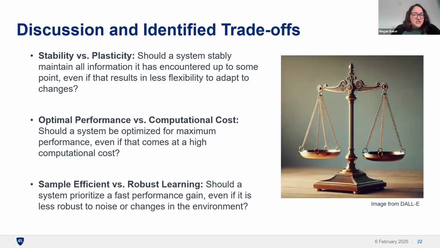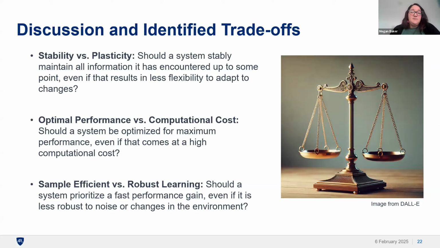So, I've mentioned trade-offs a couple times, and stability-plasticity is the one most often talked about in this domain. And we certainly found evidence of the stability-plasticity dilemma here in the system group case studies that we had. But I think optimal performance and computational cost is, it's never been more clear to me, certainly now, with new models coming out that are performant but smaller than the GPTs, is it possible to optimize performance and minimize computational cost? We didn't explore that for the program just because of the limitations of having everybody run in the same environments. That's a real challenge.